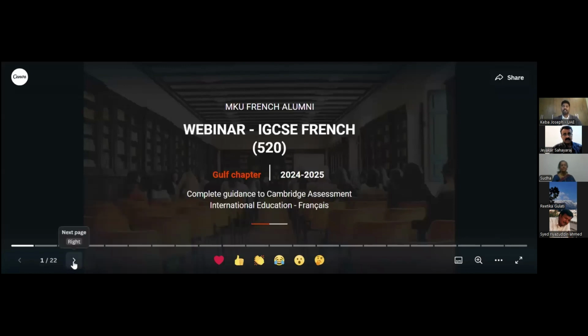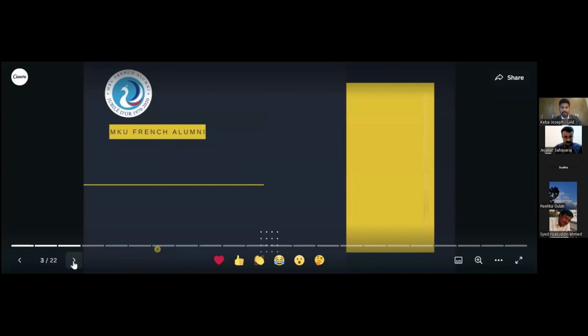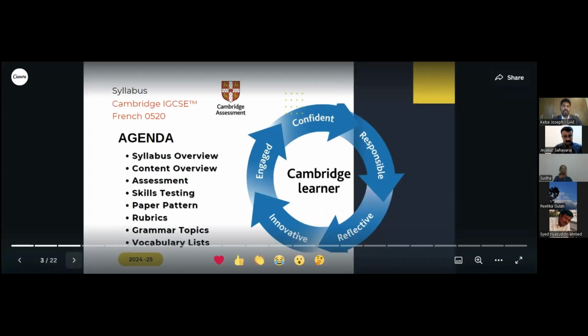As you all know, the IGCSE exam comprises all four skills of the language. Our agenda for today is the syllabus overview, how the content has been created, how the assessment methods are practiced, why the skills are tested and how they are prioritized, and going through the paper pattern, based on the skills and the rubrics,